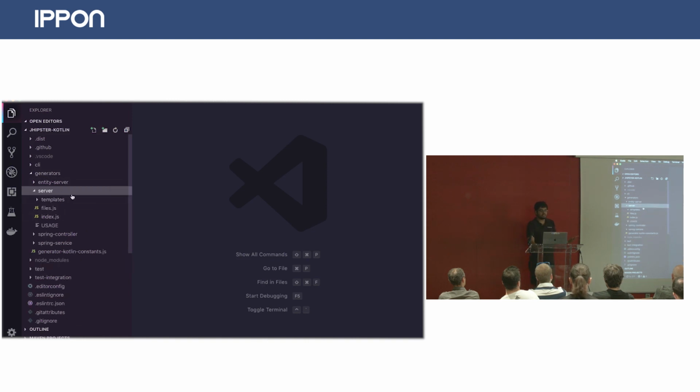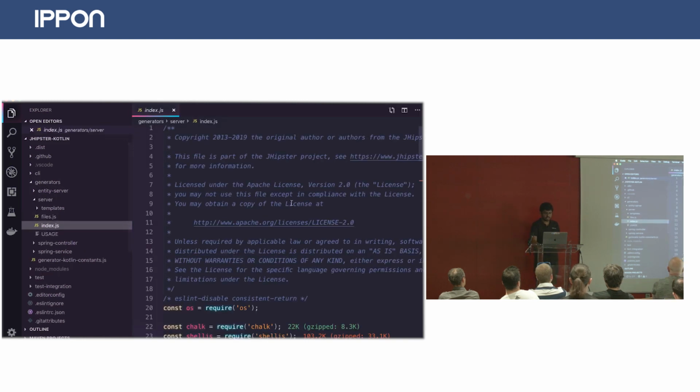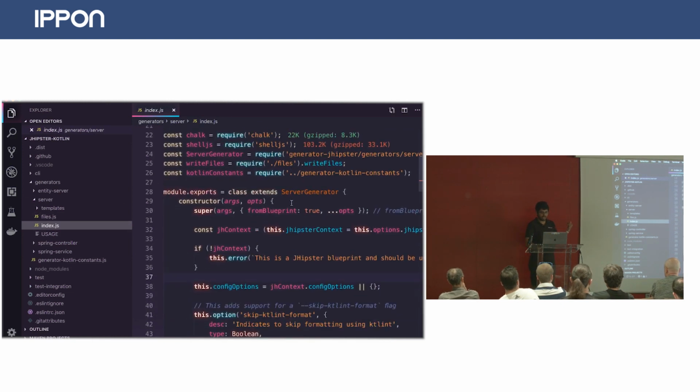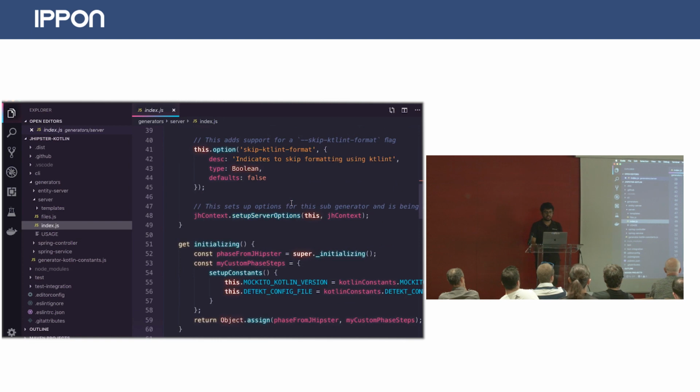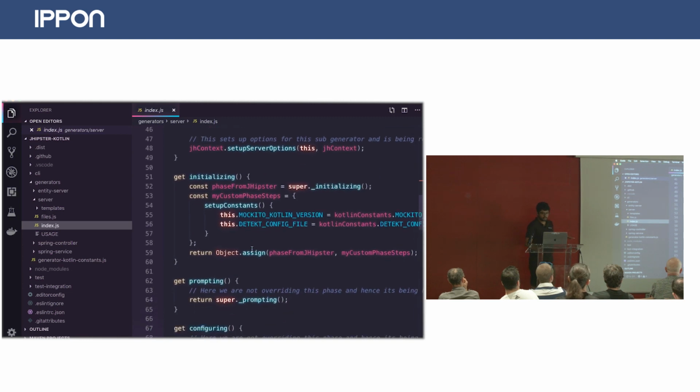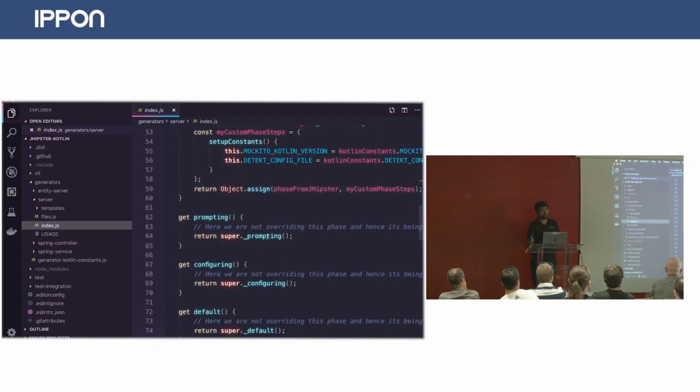And inside the server, you have this index where everything starts. So basically your application comes and checks this file, and the very first thing that it does, after running a constructor, is go and initialize all the constants that are required for project generation. Once it is done, it goes and prompts everything. The prompts that you see in the front page, like what kind of application you want to do, what kind of names you want to give. It goes again and says prompting.